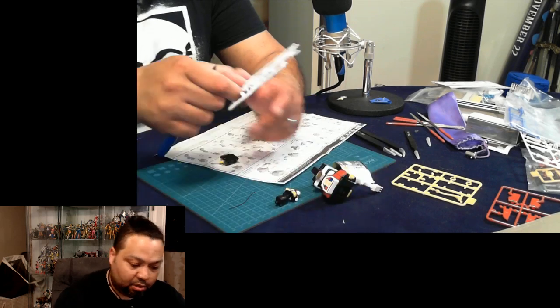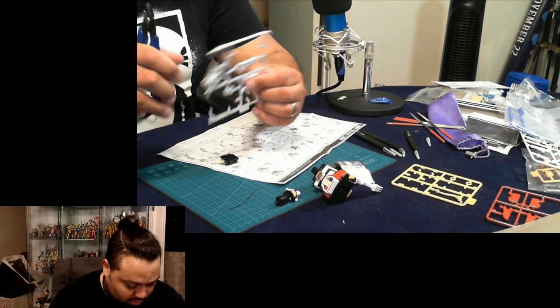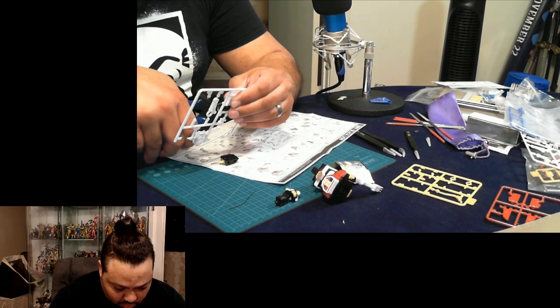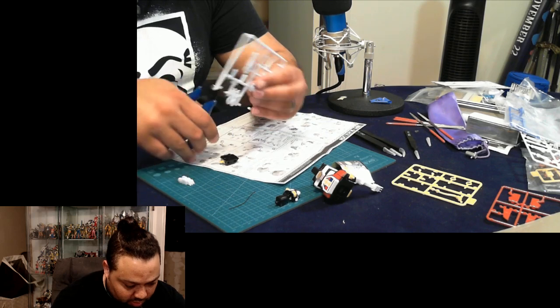Alright, so we need to build a claw. We'll just cut what's left off of this sprue, because